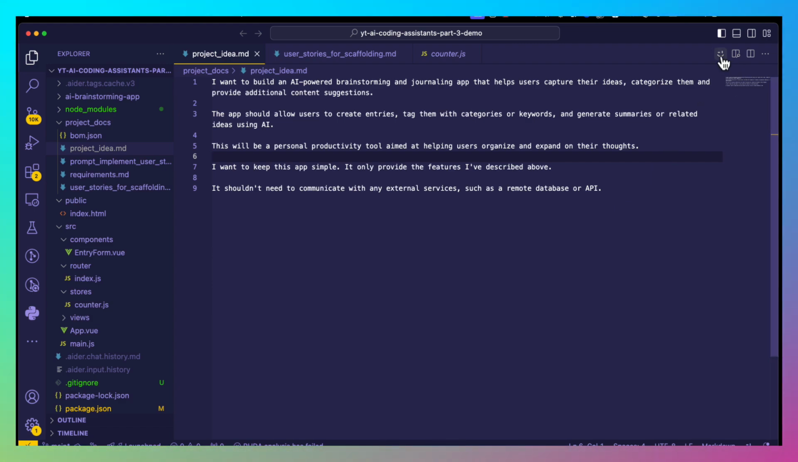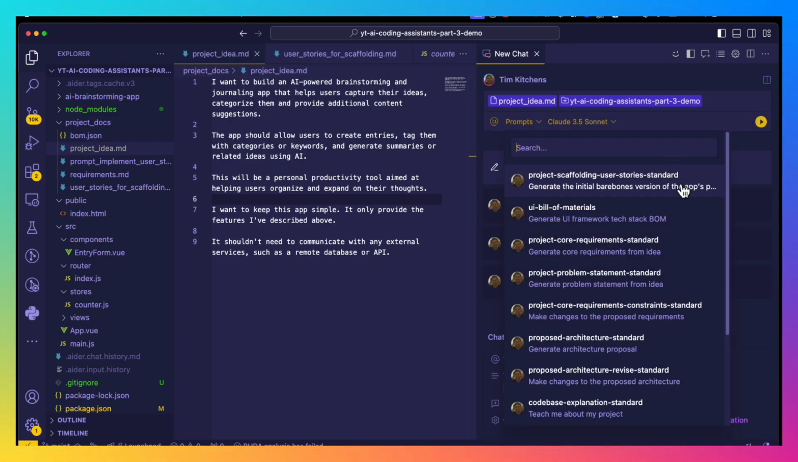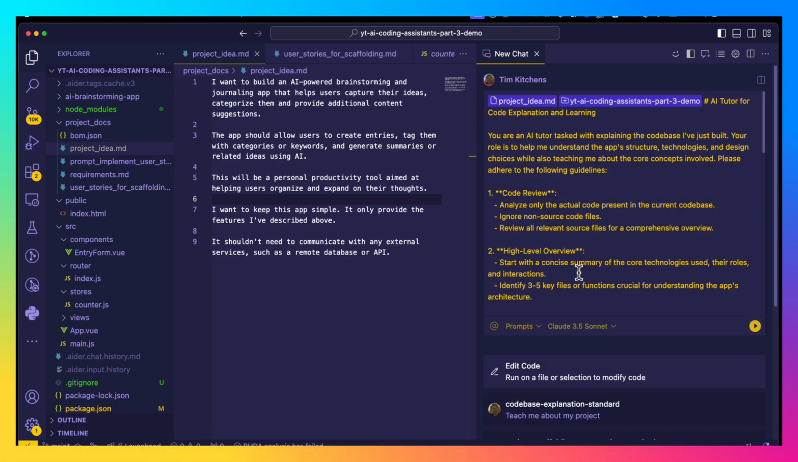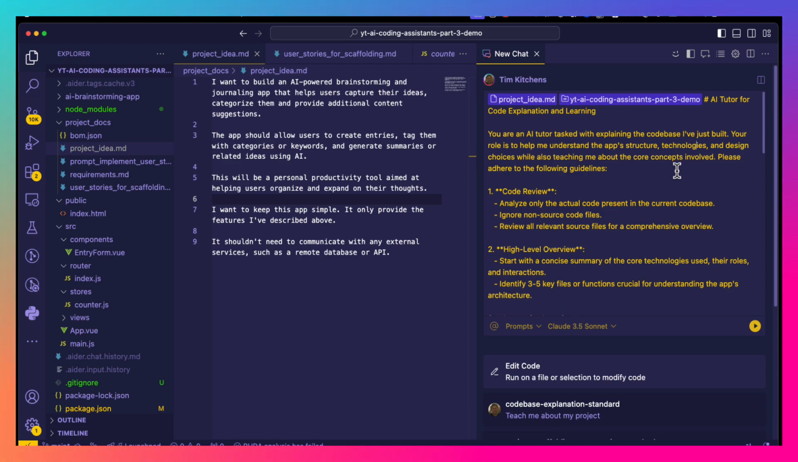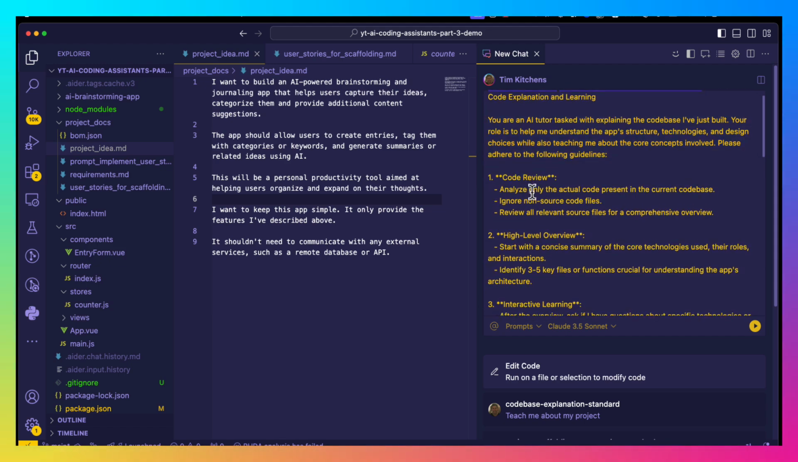So we're going to open up a new chat in Cody, and I've created another prompt in my prompt library, code-based explanation. Teach me about my project. And so Cody pulls the contents of my prompt from my prompt library, and this is basically an AI tutor for code explanation. And it gives detailed explanations to the LLM to act as a tutor for this code base. To first do a code review, analyze the code,